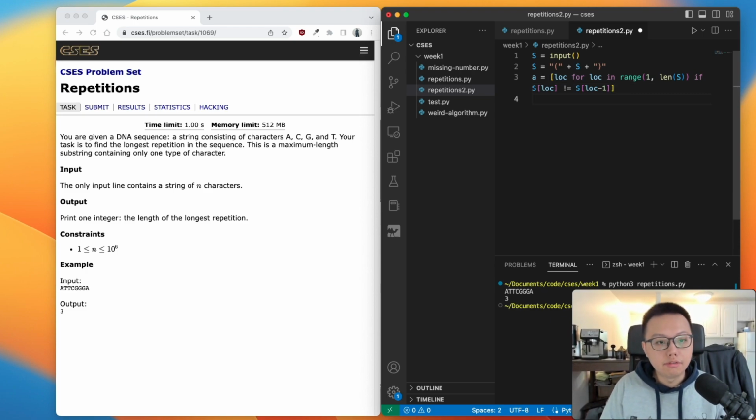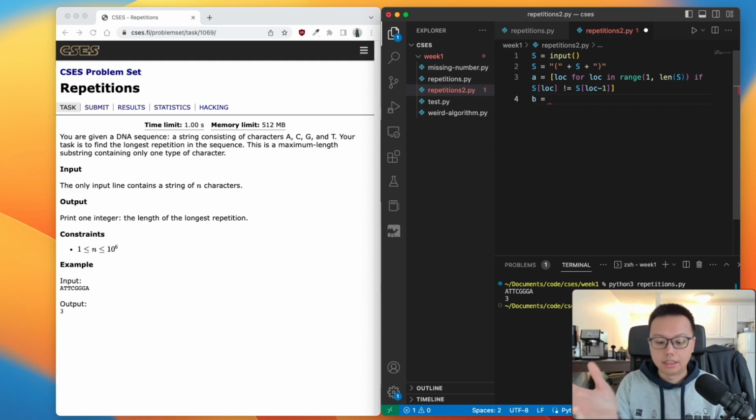Now, at the end, we're going to find the largest gap between two markers, right? Two marker indices. So what we will do is get the differences. The idea of getting differences is to traverse through the whole list and try to figure out the